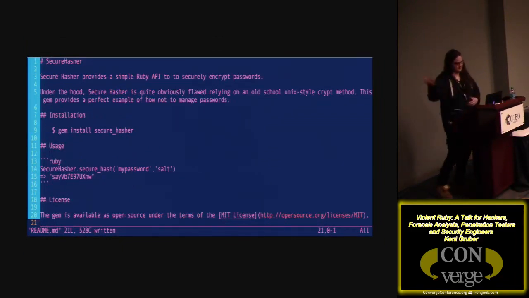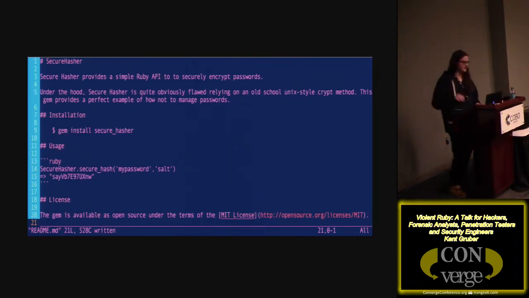Anyway, as with any library or piece of code, I think you should have a README that's very strong. And I think when you bundle up a gem in Ruby, you get this README documentation that's sort of boilerplate for you. And then I go in there and put in what I'm going to do, and the usage of what I'm going to be doing. So it's sort of like README-driven development. And this is a very simple way to put that.